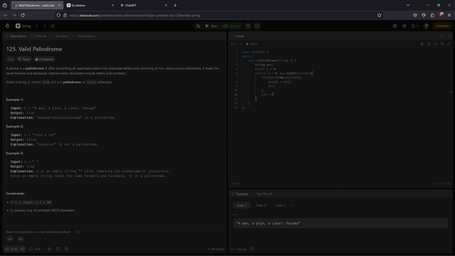And else if, sorry, what we need is SI is greater than or equal to 65 and SI is less than or equal to, not 122, it's 90. It means that these letters are in capital. So what we need is to convert these to small case, which we can do by simply adding